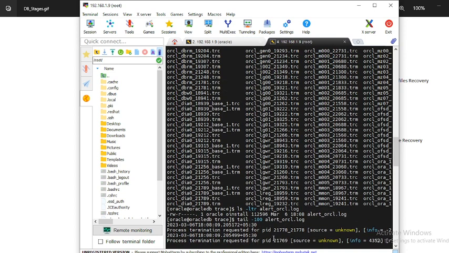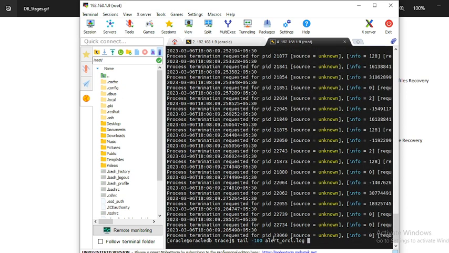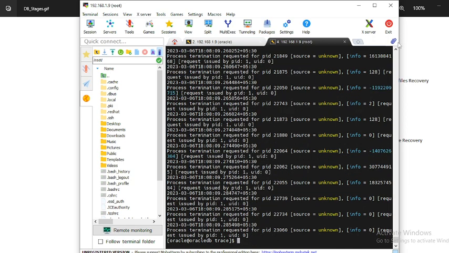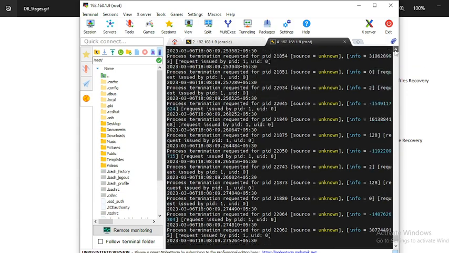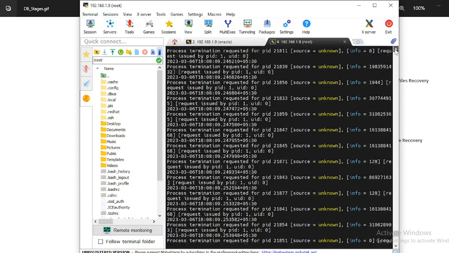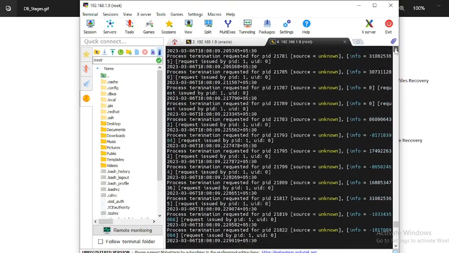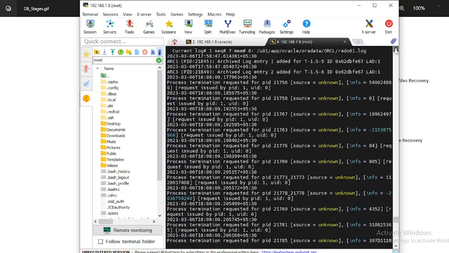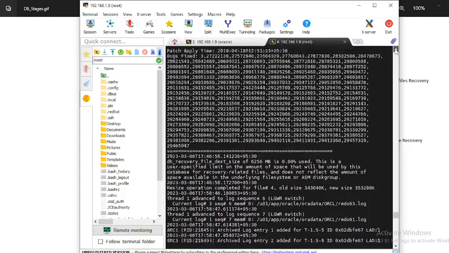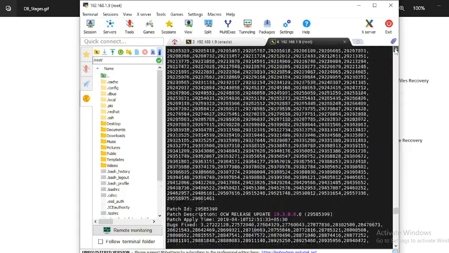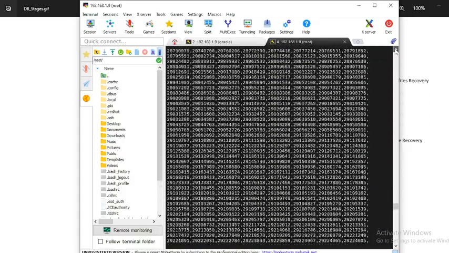I think we need to open the alert log file, not 100, we need to check 1000. There is a stage where your database writes all the parameters in the alert log file. I will show you the stage. Give me a second.